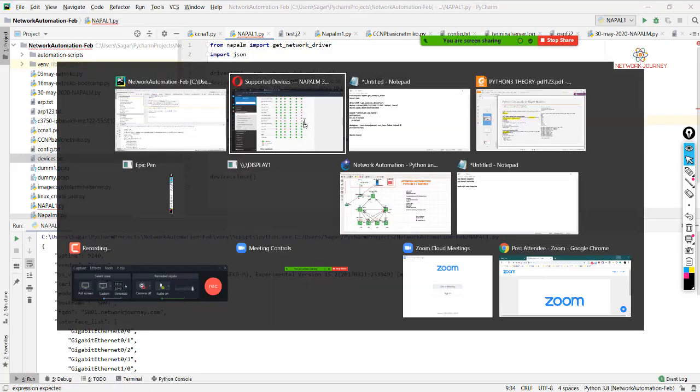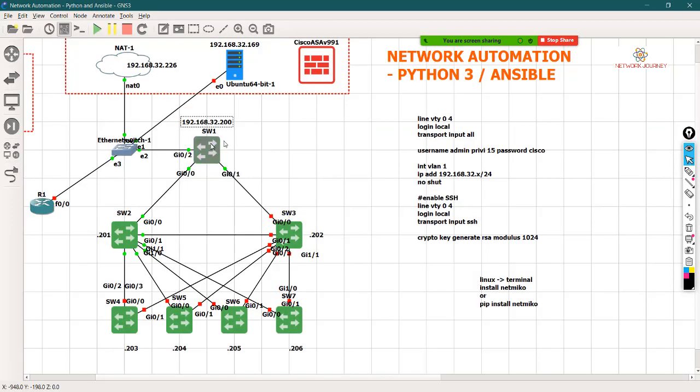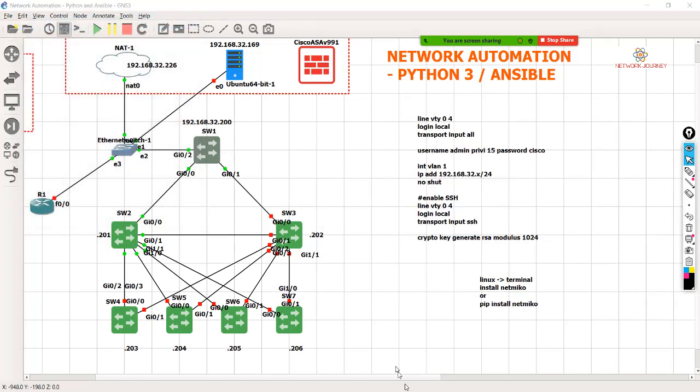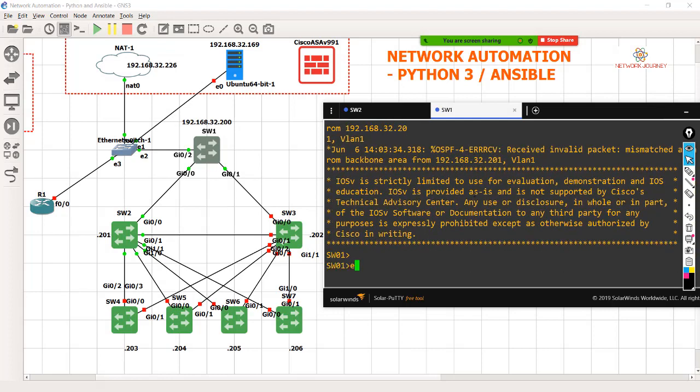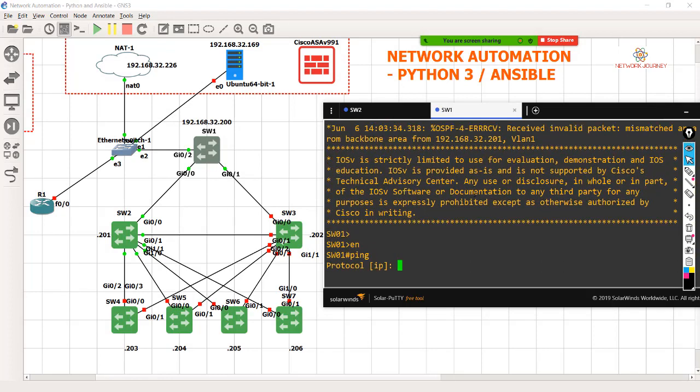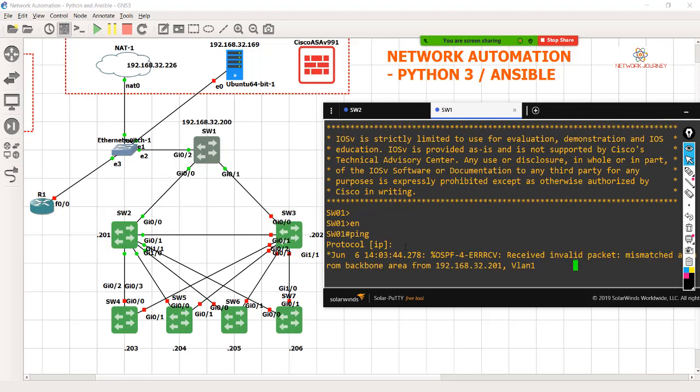Okay, so let me go back to my box here. If I open up this, if I do ping and enter, it's going to ask you a couple of pieces of information like protocol IP.